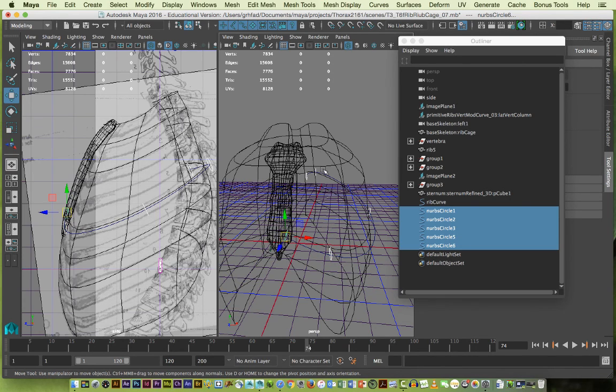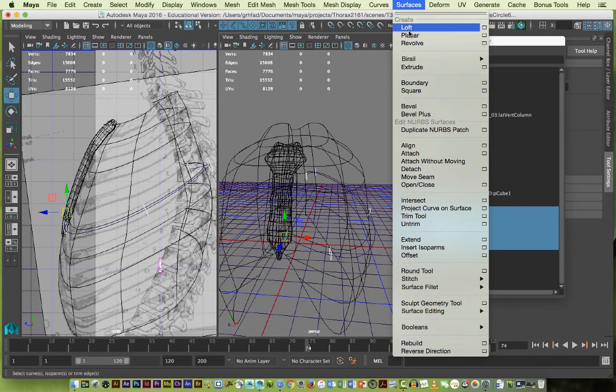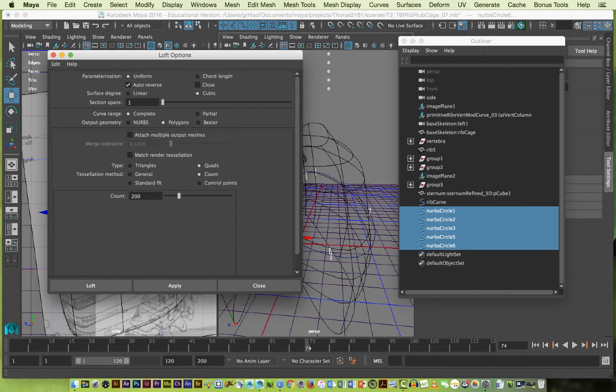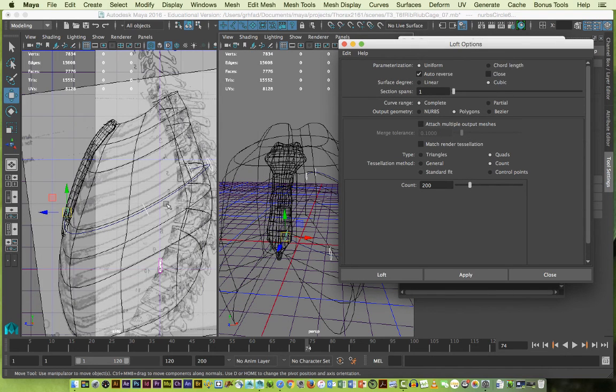Okay, so now I have 1, 2, 3, 4, 5. So let's see if we say loft. Get it? Now I'm doing a rib that's probably one of the true ribs. So I'm doing like what, the 1, 2, 3, 4, 5th rib. And that means I'm going to go ahead and give it a little more